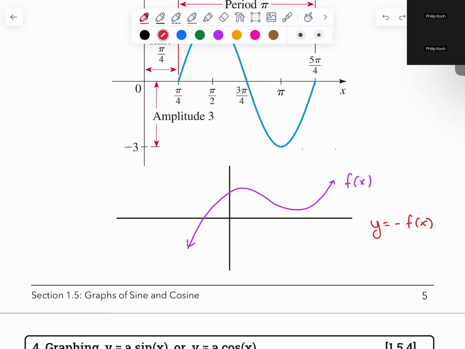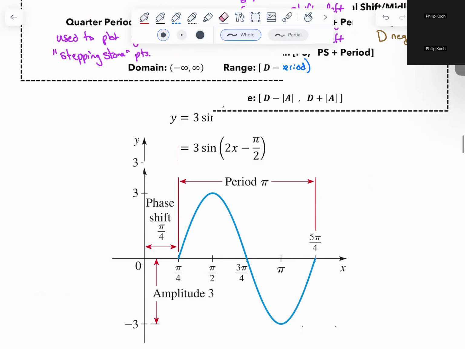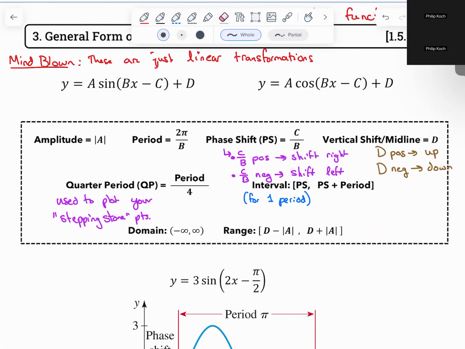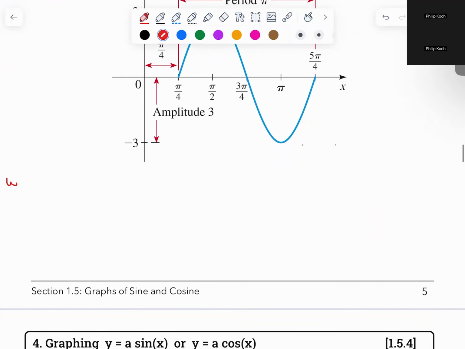Now, going back over to, and we're going to actually write this down in a second, the period: why is the period going to change by b? A sine function has a period of 2 pi. Why do the sinusoidal functions, where b might be 1, it might be 10, it might be 30, why does the period become 2 pi over b? So we're going to add that down right here. Why is the period equal to 2 pi over b?